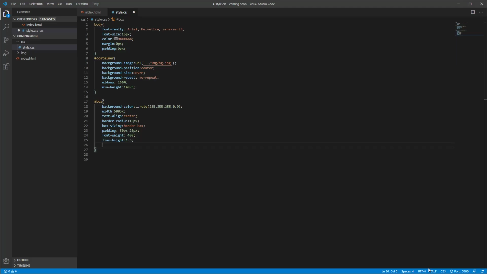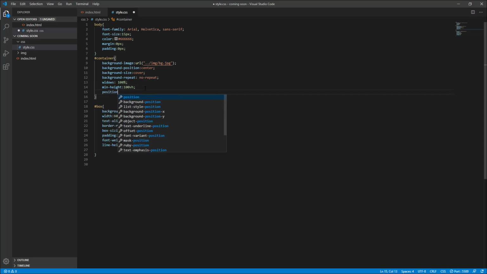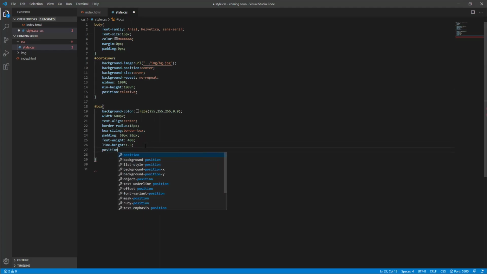If you think about it logically, it is easy because we can position it relative to the container. So we can type position relative and we can position it absolute. So if it is 50% from the top, I mean vertically, if it is 50%, and also from the left side it's 50%, right? So vertically it's going to be center, and from the left, if we give it a 50%, then it should be in the center, right? But